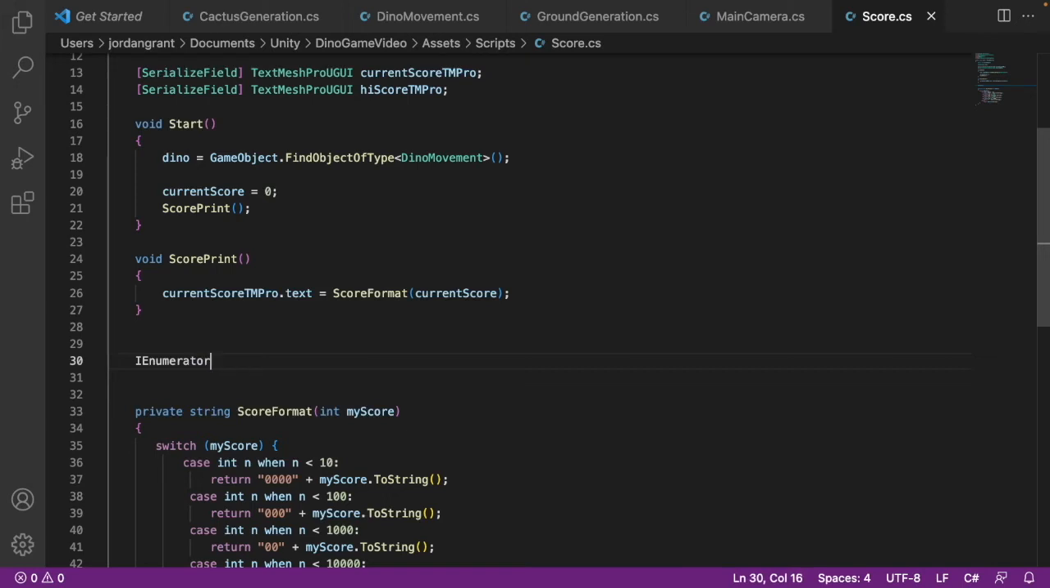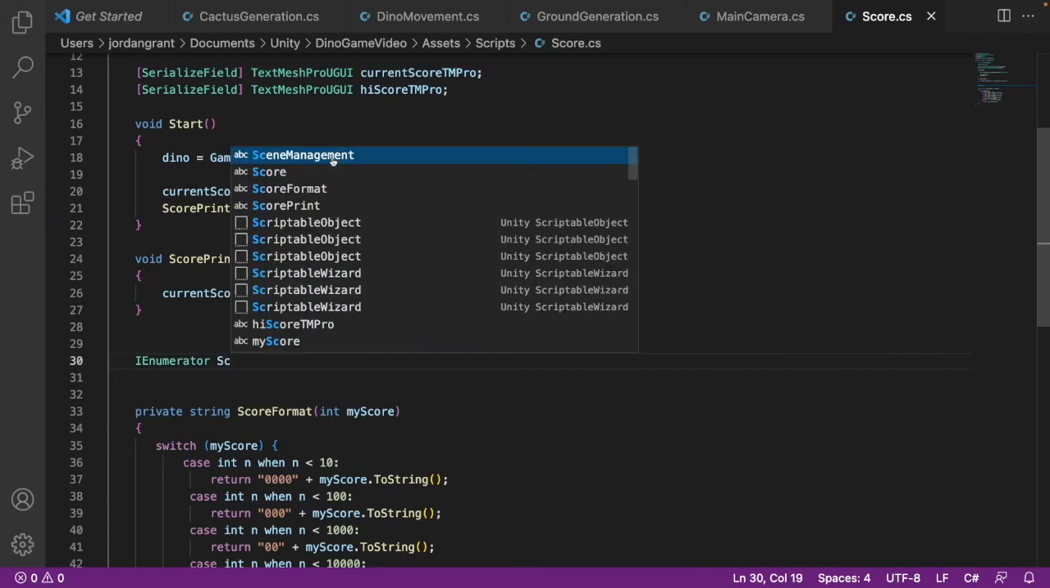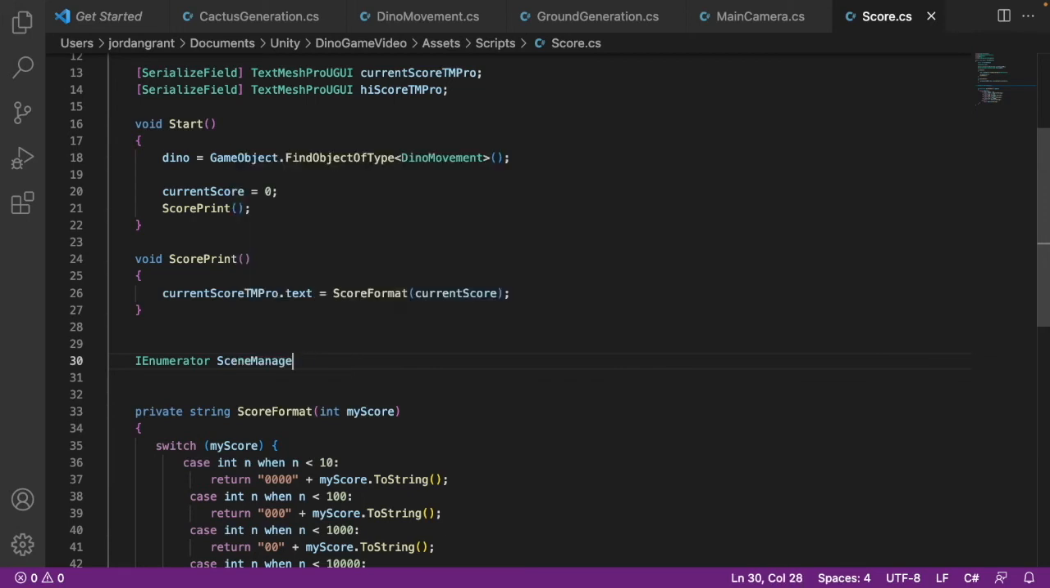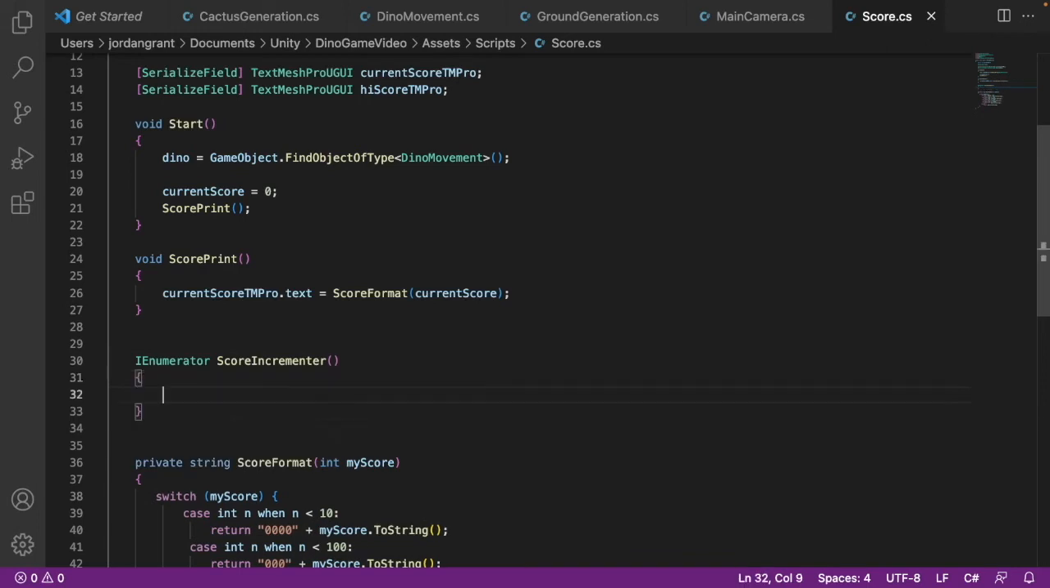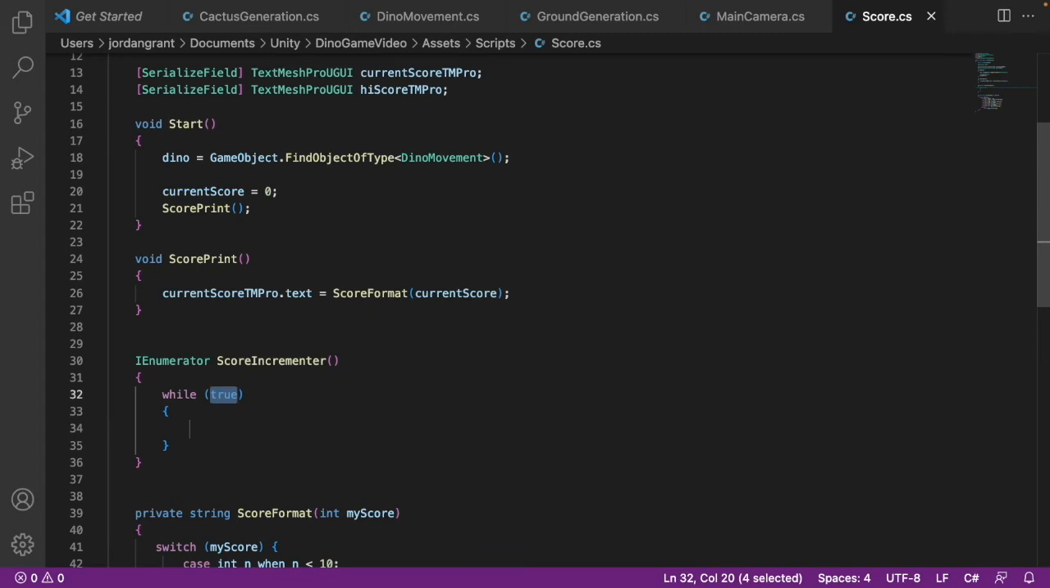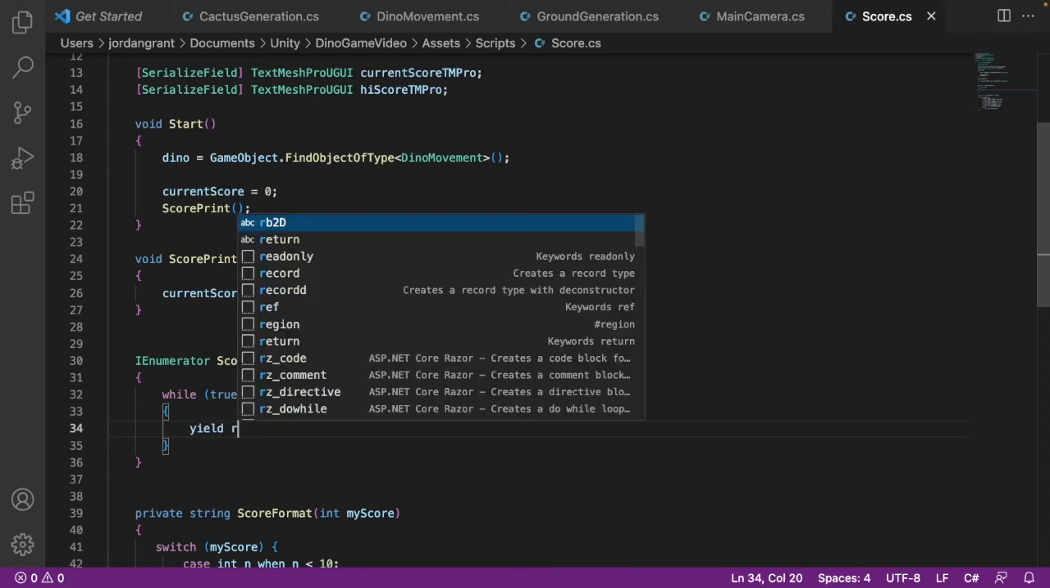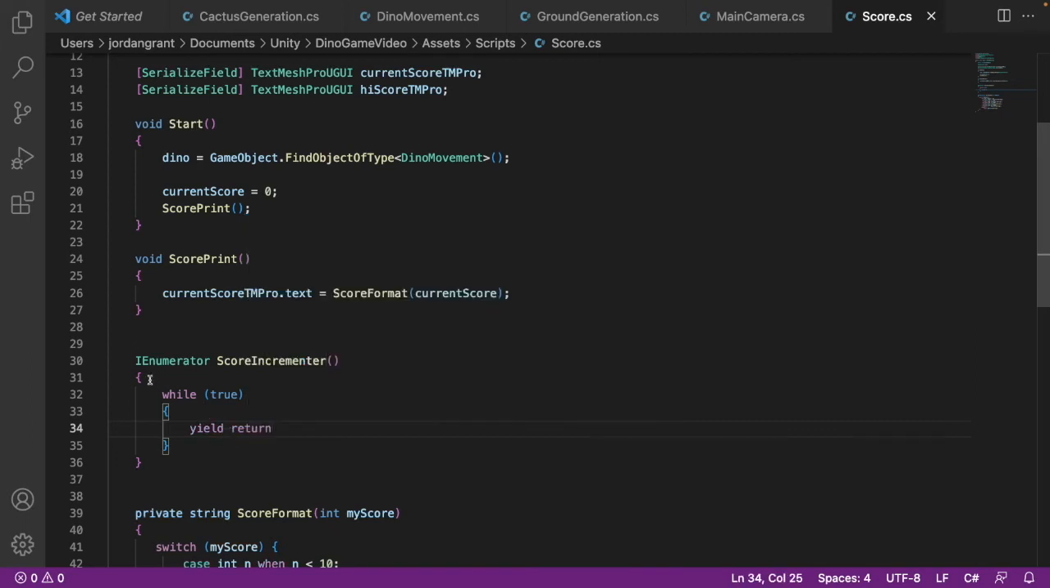IEnumerator score incrementer. Okay, and there we go. Now let's do open and close brackets, and let's do a while true, and inside here we want yield return. So while true, we want to yield return new